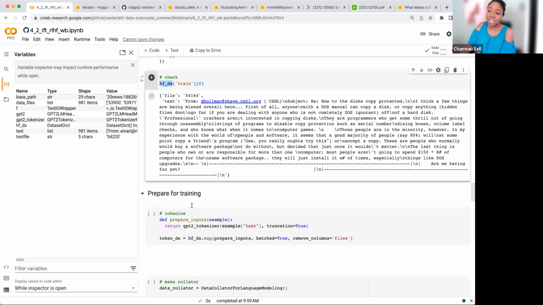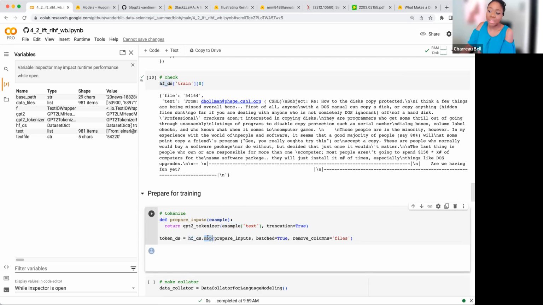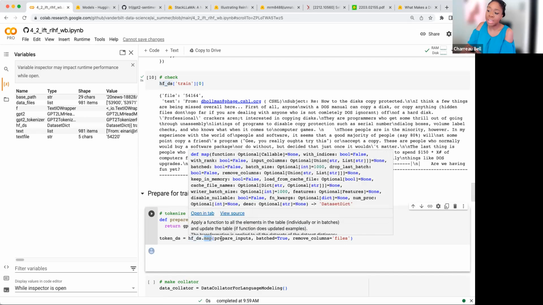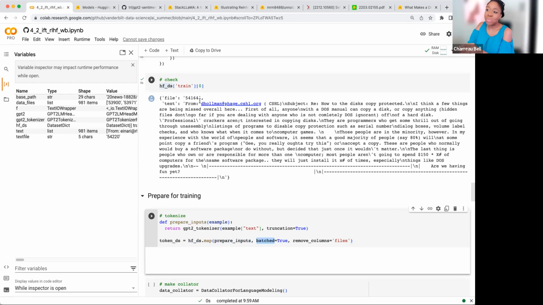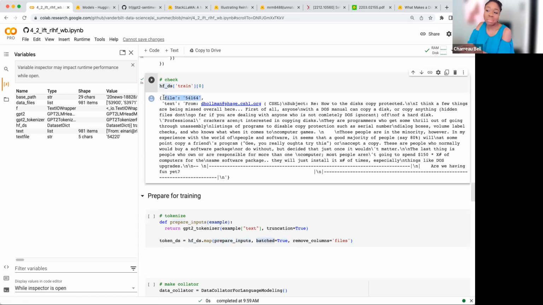Well, we have this data set. We're going to call the map method on it, something, again, provided through Hugging Face. This is the function that we want to run. We're going to allow it to batch, even though I think this is not large enough to have a full batch. But we're going to allow it to do it in batches. And then we're going to remove this column because we don't really need it when we're doing training. Furthermore, it'll generate these warnings that are super irritating. So essentially what we want is to only have the data that we need. So let's run this one.